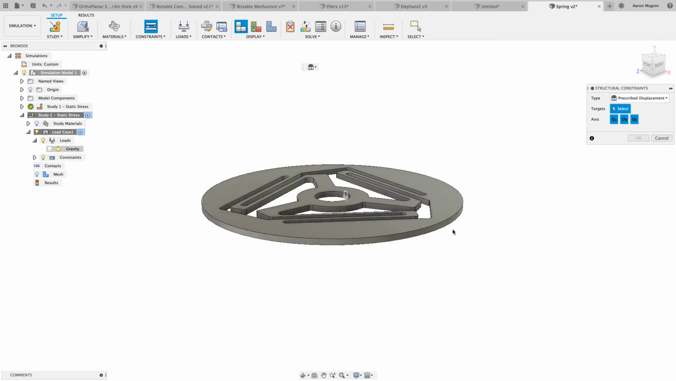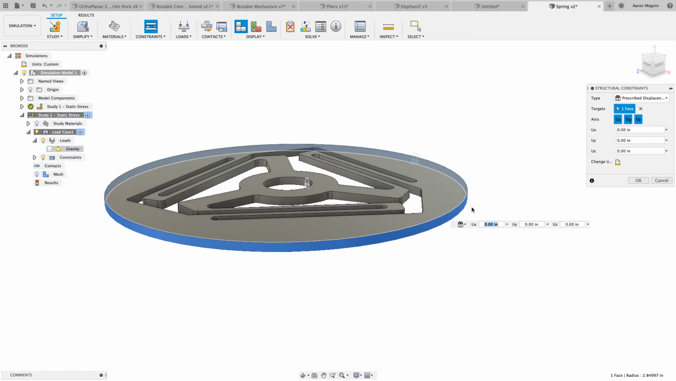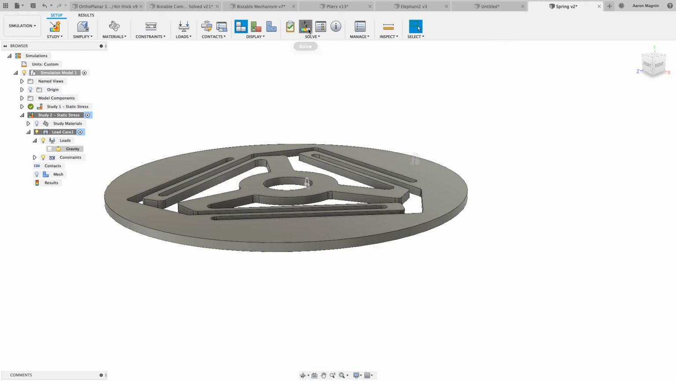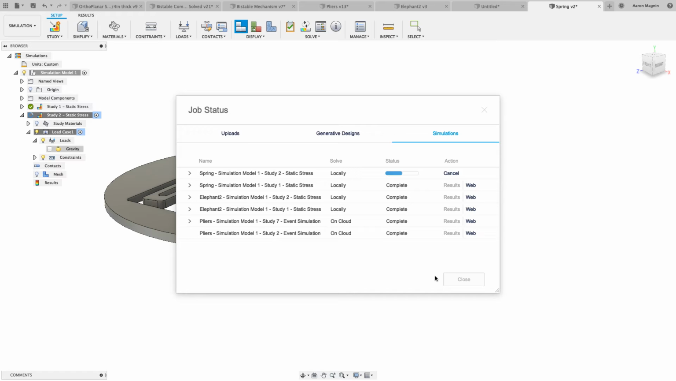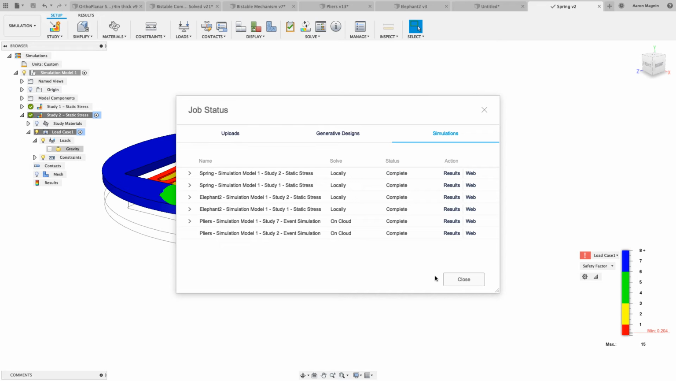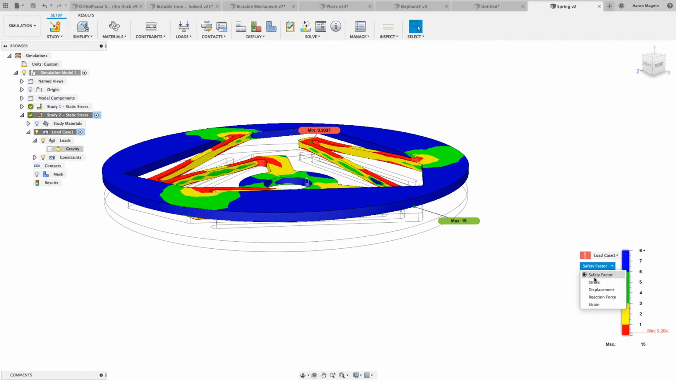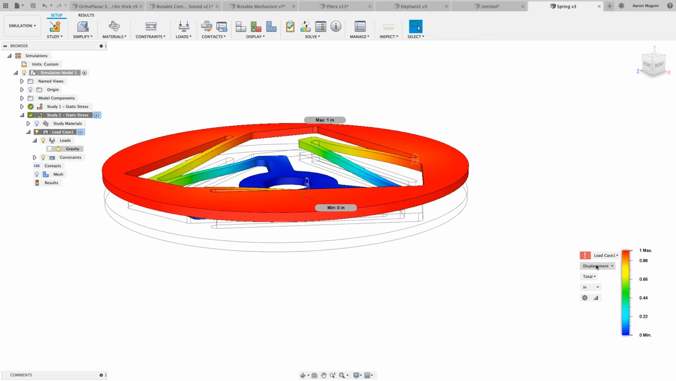By using this, I'll be able to say, once again, I want this outer edge to move down or up an inch, and I'm going to have it go up an inch just to stay consistent with the previous example. So we'll set that as 1. We'll click OK, and we'll solve this again locally. And in just a short amount of time here, we're going to be able to very quickly extract the value here. Don't be surprised if there's a little bit of difference here from the other one, but the way that